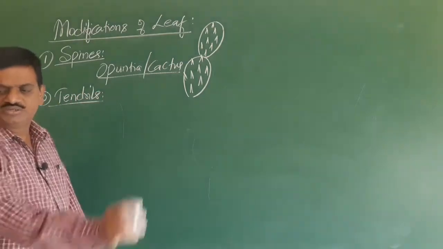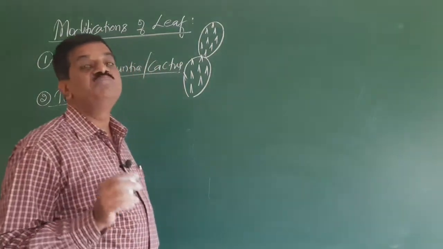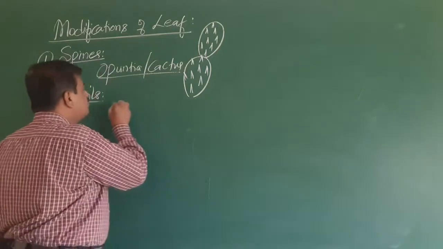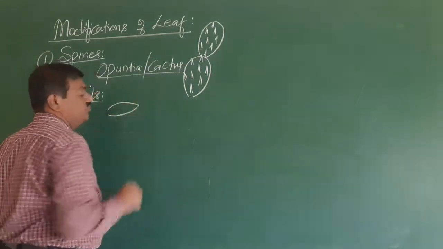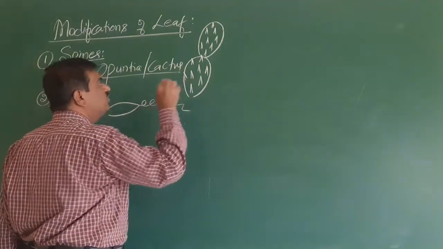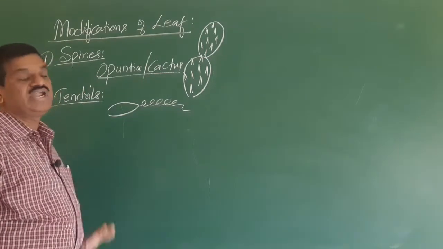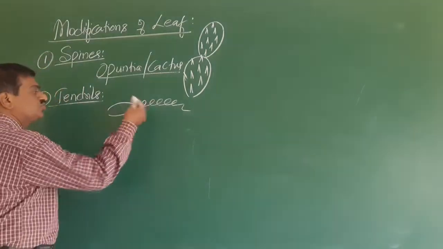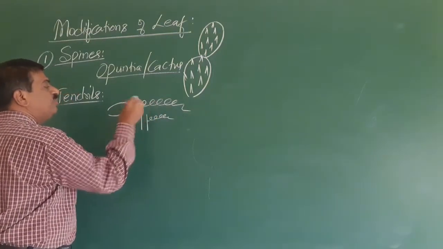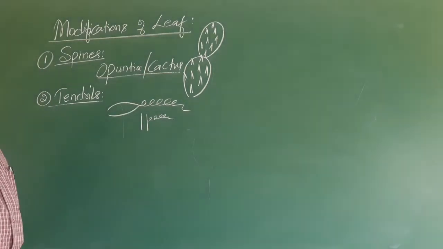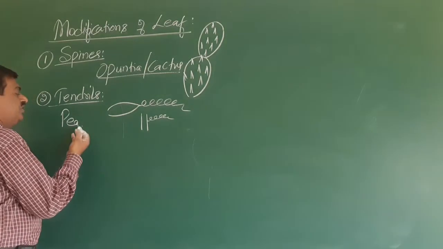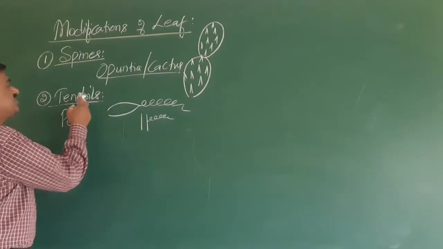So here in tendrils, as in the climbers, some of the creepers, the leaves are modified. The axillary leaf or the leaf tip is modified into wire-like structures, and these wire-like structures are called tendrils. In some, the leaf itself is modified into tendrils, or the leaf apex is modified into tendrils. This can be noticed in the pea plants, and in some Passiflora we also see the presence